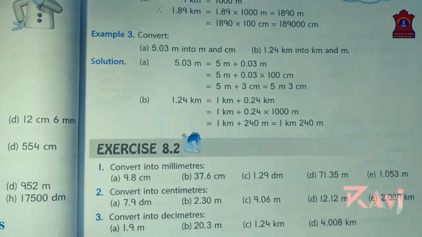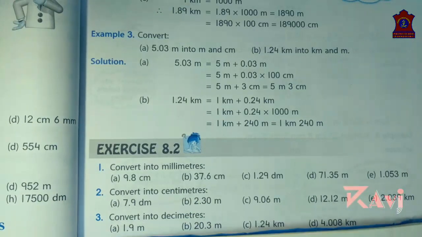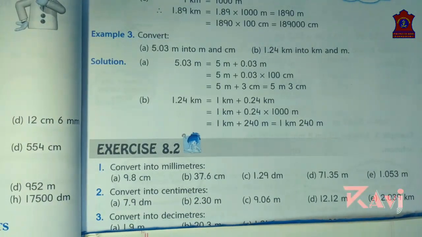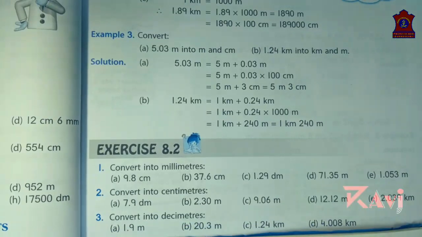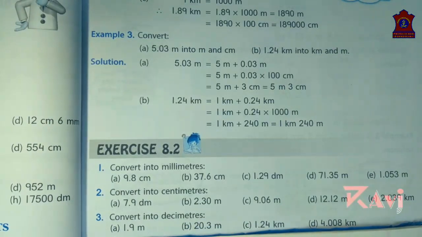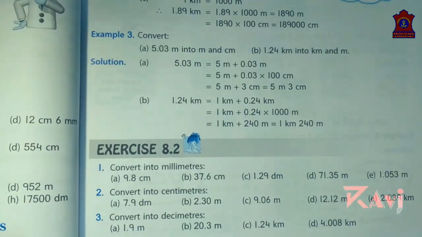Convert into decimeter. Question number 3. 1.9 meter. We are converting 1.9 meter into decimeter. Okay, once again,